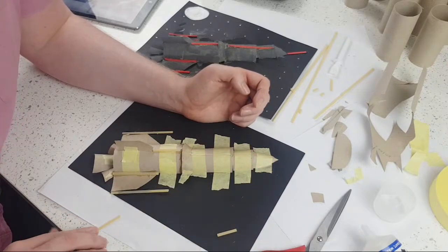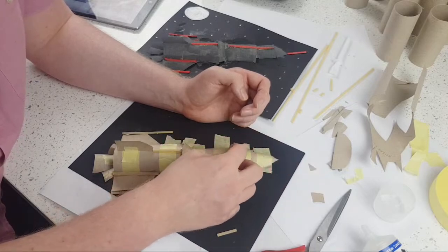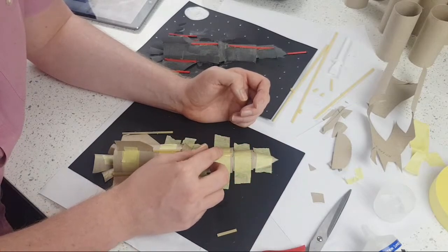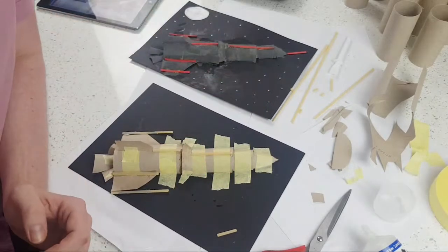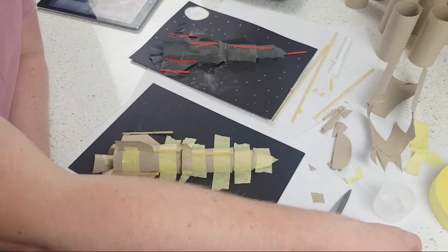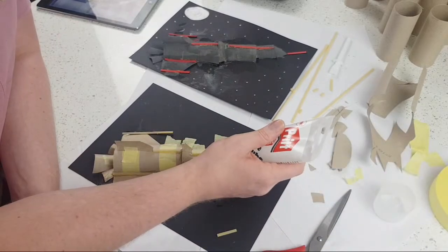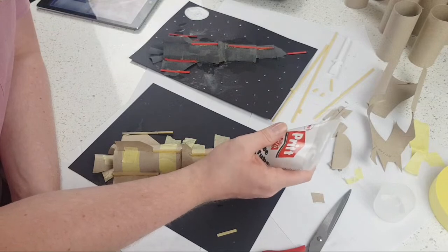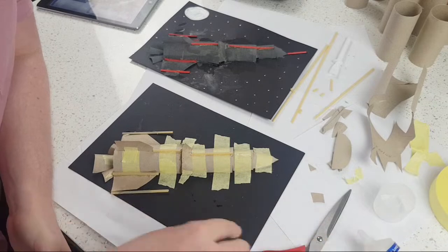Oh, which bit was it for here? Oh, this one. Gluing onto the spaghetti might be a better choice. Okay. Just a bit of excess glue, take it off there. And my last little bit. Yeah, as well, don't push the spaghetti down too hard. Good point, Miss Carthy, because you don't want the spaghetti to actually snap, because it's very...